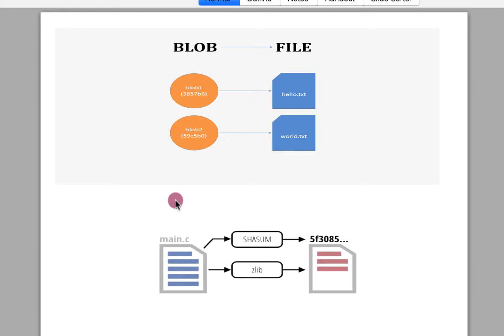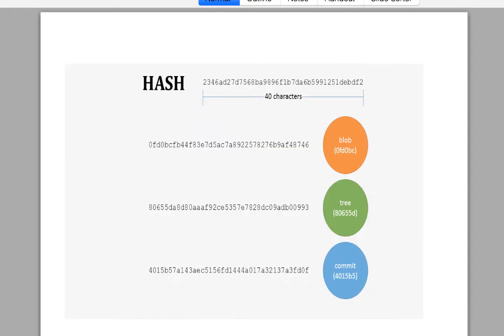In the same way, if two files both have hello inside, they will generate the same SHA-1. So Git uses this SHA-1 approach intelligently to improve the performance of Git, which we will be talking about.